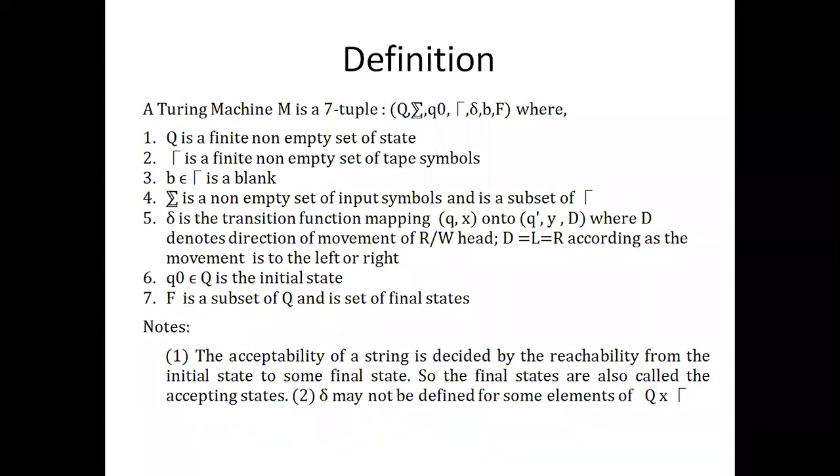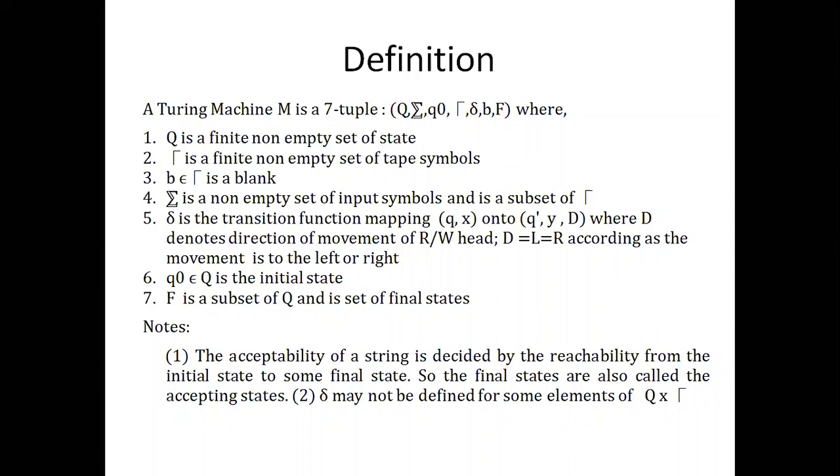Now because you are allowed to write on the tape, the machine can write symbols which do not belong to this set sigma. So it might be the case that the machine has read some symbol A which is part of sigma, but in order to solve the problem, the machine needs to replace this A with certain other symbol, say X. So now this X is not going to be part of sigma, but definitely it is going to be part of your tape symbol. So tape symbol is basically all the symbols in your sigma plus all the additional symbols that you are going to write on your tape.